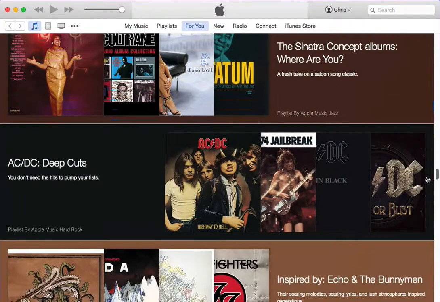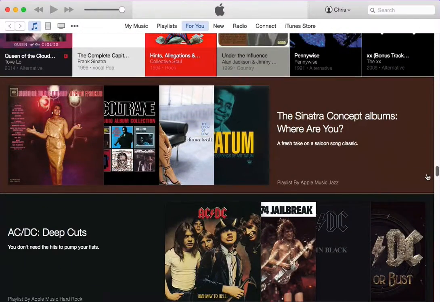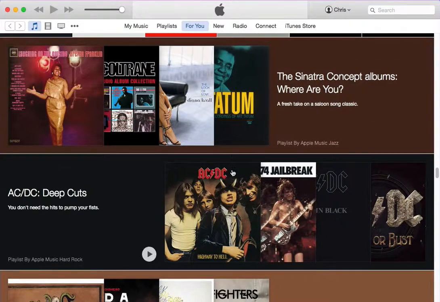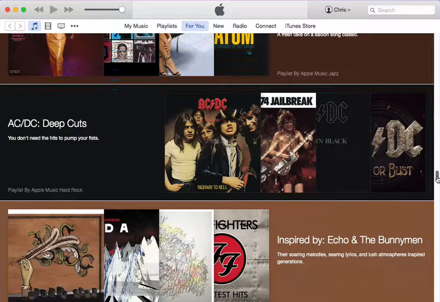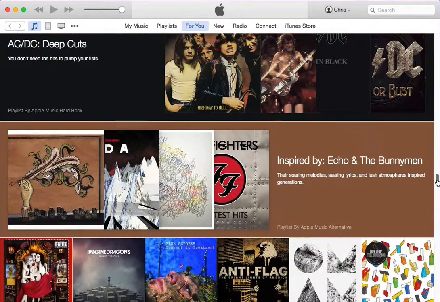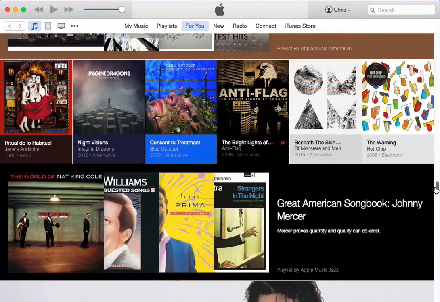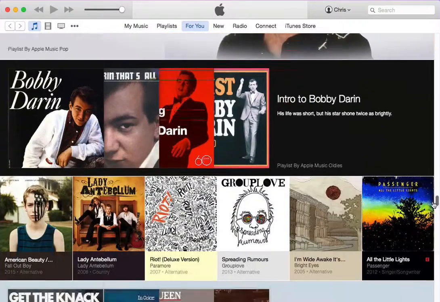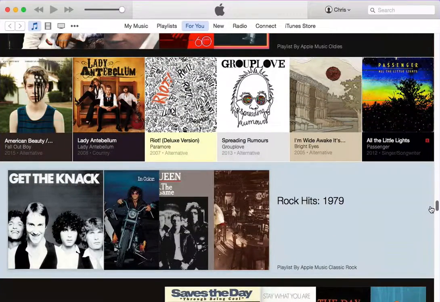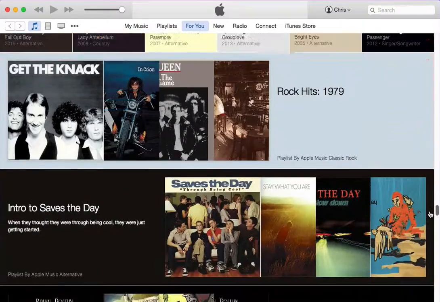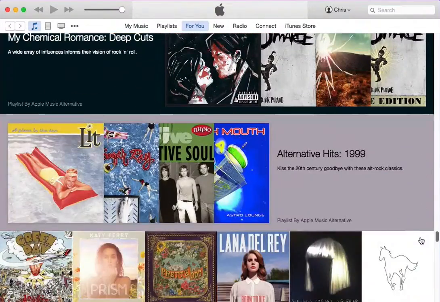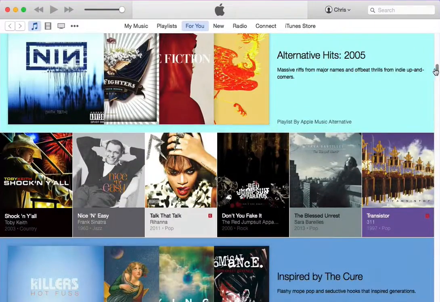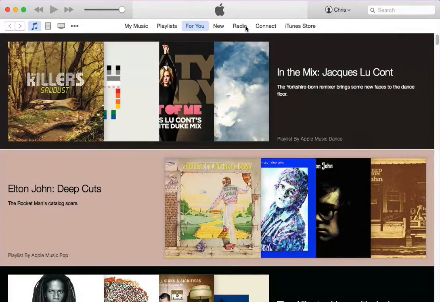It's not necessarily the hits on certain playlists. Maybe it's like this AC/DC deep cuts. Maybe it's songs that aren't as well known by AC/DC, but songs that kind of introduce you to other songs by the band. So it's very cool. I think that's probably my favorite part of it, and something that I found myself just laying in bed listening to pretty regularly. So I like it, but again, Apple's still, I think, tweaking out some of the things